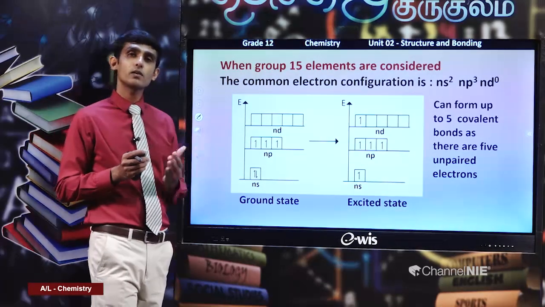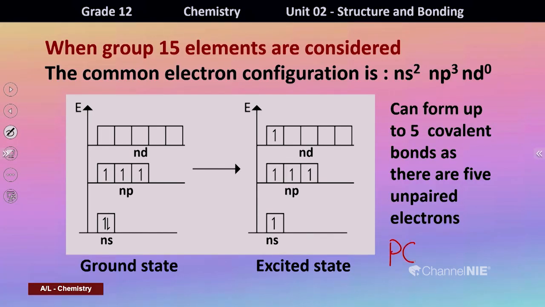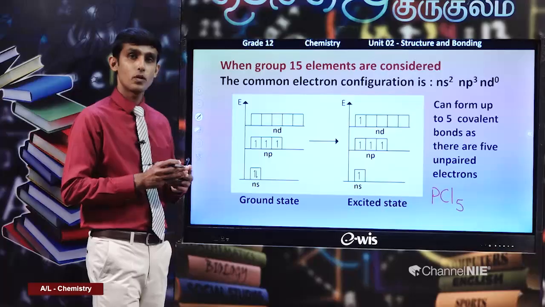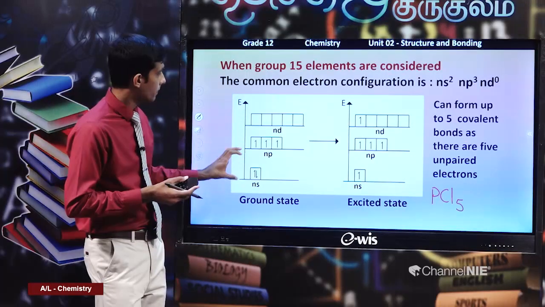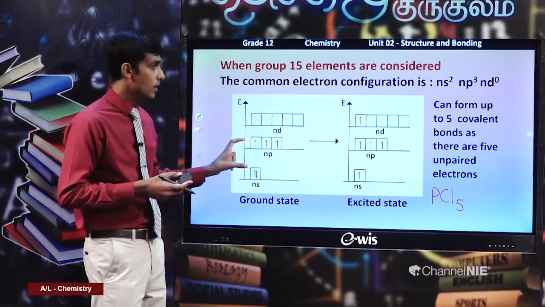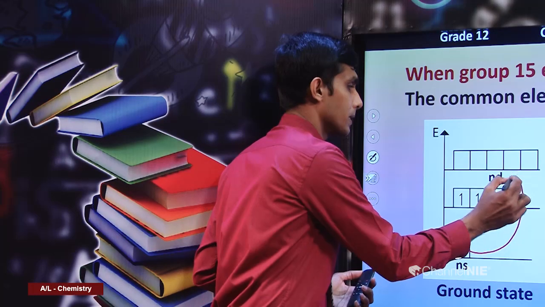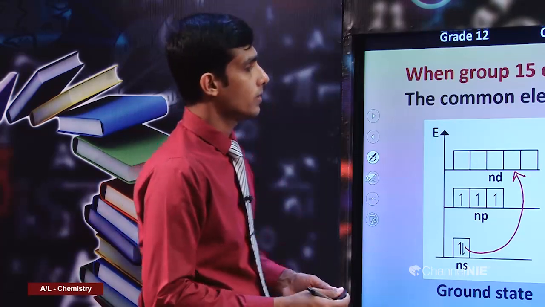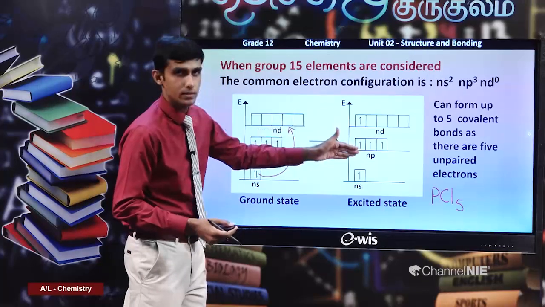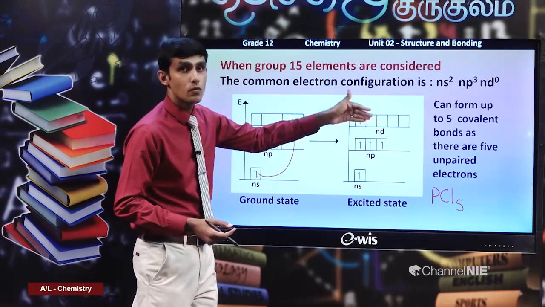But a molecule like PCl5, when it comes to phosphorus, for example, we know that it can form up to 5 covalent bonds. But with this kind of configuration, this state, we cannot explain the way 5 covalent bonds are formed. But if you think of again excitation of this electron towards this empty d orbital, then you will end up with 4 unpaired orbitals. These 4 unpaired orbitals enable it to form 5 covalent bonds.